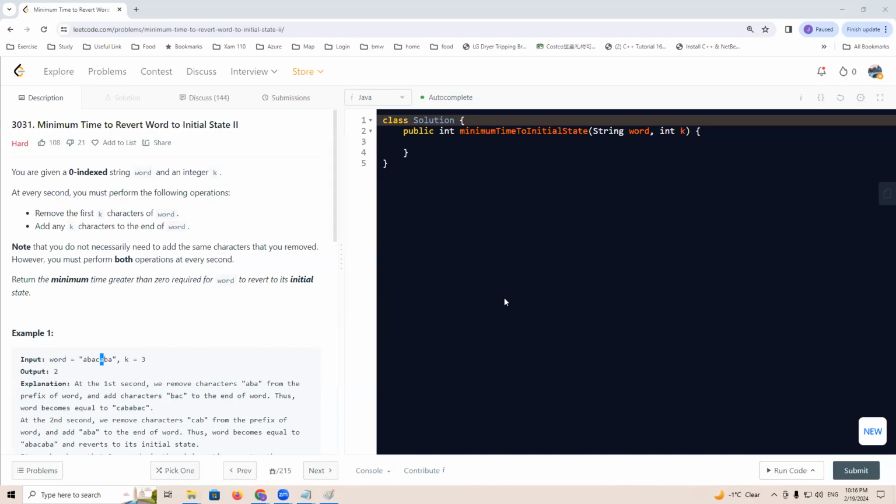Let's go through LeetCode 3031, Minimal Time to Revert Word to Initial State. For this question, it gives us a string word and also an integer k. We can perform the following operation: remove the first k characters of the word, or